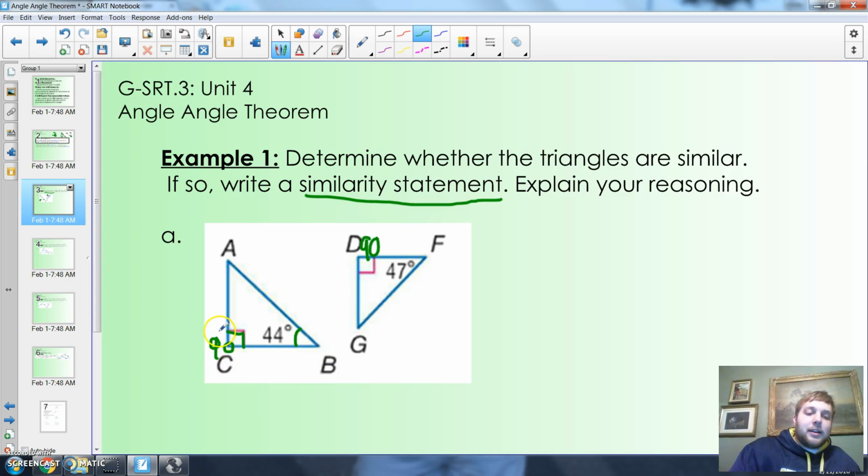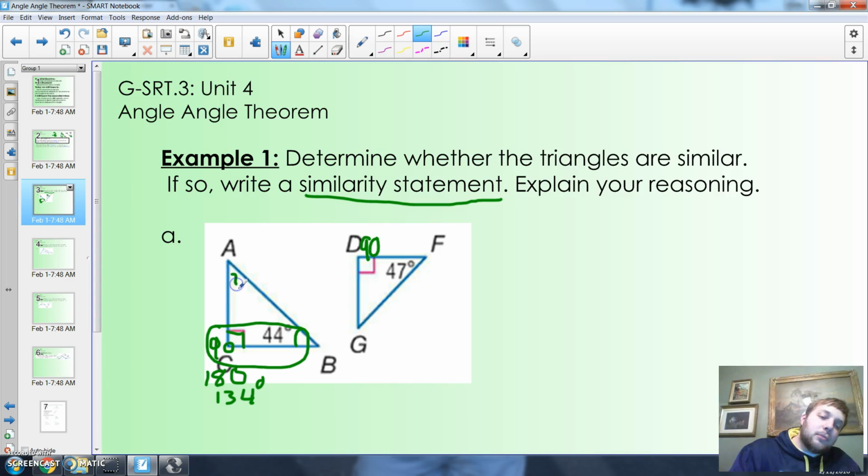So now, if I've got a 90-degree and a 44-degree, last I checked that's 134 degrees if I combined them, right? Now remember, triangles are 180, so that means this angle here